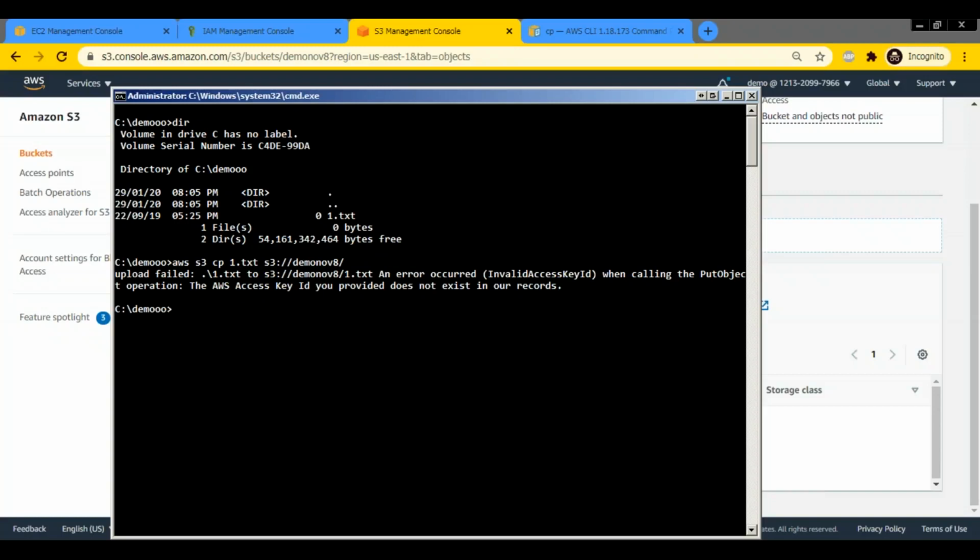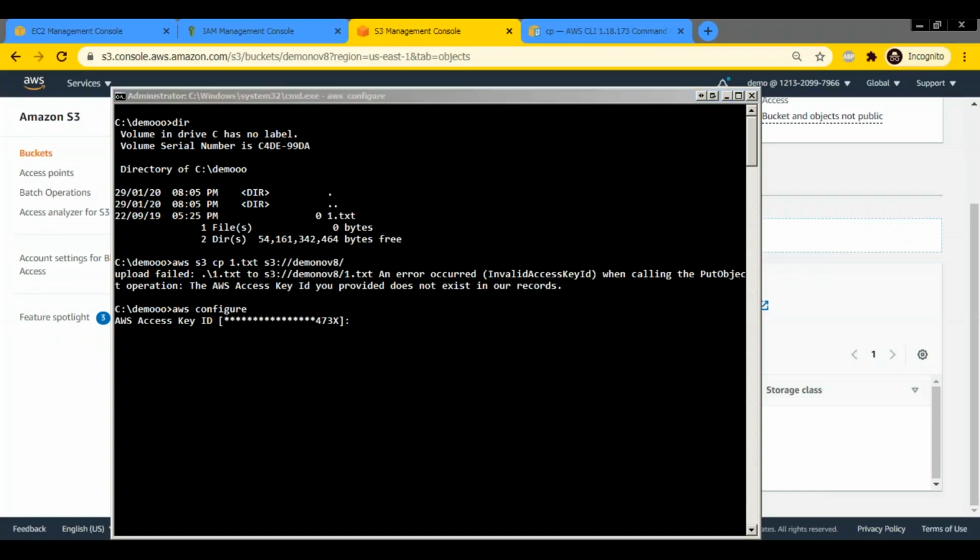So how do you provide the credentials? You can configure the credentials. After you install the CLI, you run the command aws configure. It is like logging into the console. You cannot just open the AWS console and start doing the work, right? You provide your credentials, you provide your authentication. So for the CLI also you have to provide authentication. So you run the command aws configure, and it will ask you for your access key and secret access key.